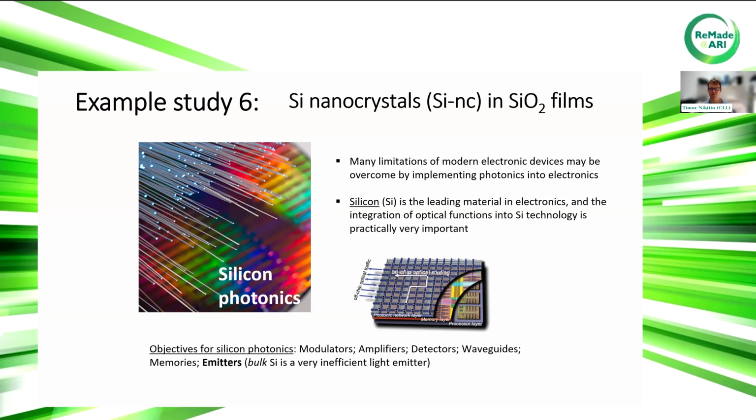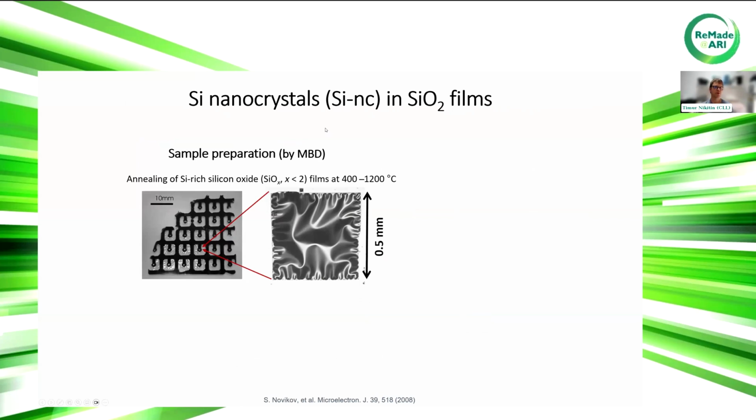However, the main problem here is an efficient light emitter based on silicon, and this comes from the fact that bulk silicon is a very inefficient light emitter because of its indirect band gap. So to try to overcome this limitation, we are studying nanostructures of silicon, and we produce silicon nanocrystals in silica films. They were produced by a molecular beam deposition method, followed by annealing of a silicon-rich silicon dioxide film